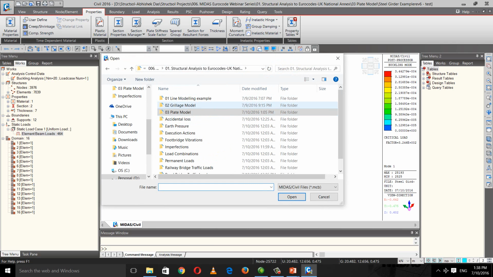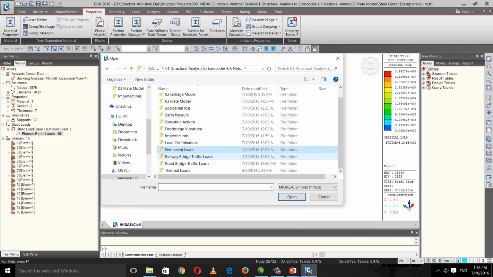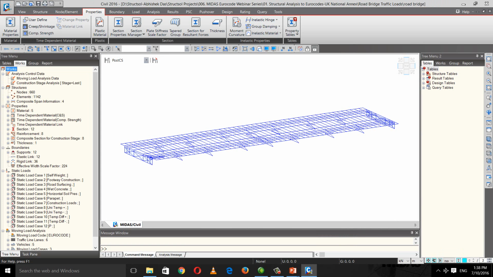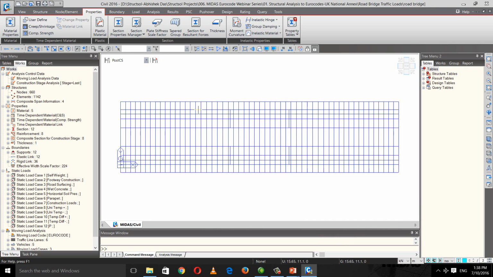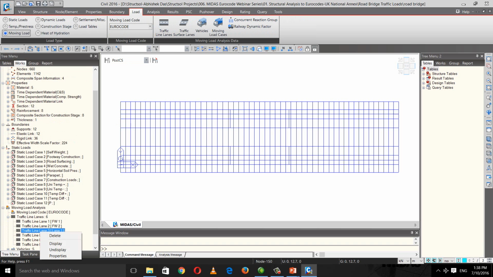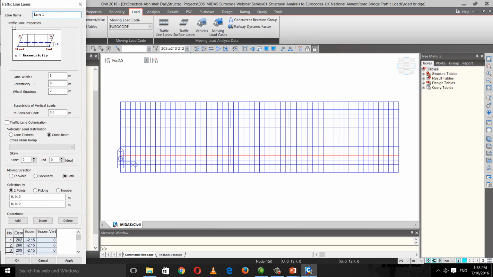Now, mostly since we have grillage models in design, I'll just show an example of application of live load on a road bridge. Okay, so this is again a grillage model, and we have this moving load feature here where we apply a traffic lane first. So I'm going to open up some lanes, lane 1, for example. We have lane width defined, and wheel spacing,